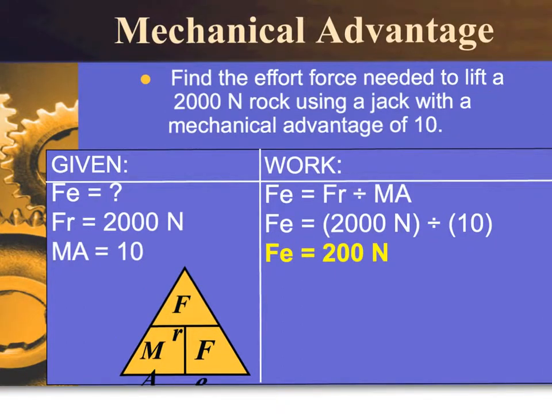Now here we have a mechanical advantage problem where we are asked to find the effort force needed to lift a 2,000 Newton rock using a jack with a mechanical advantage of 10. Now when we look at this problem, we will notice that we have an effort force that is unknown, a resistant force of 2,000 newtons, and a mechanical advantage of 10. The formula that we will be using is,